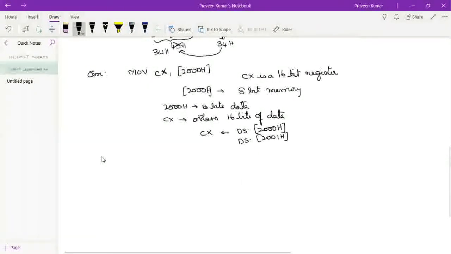That is, the CX is divided into CH, comma, CL. So which value will be stored in which register? From which address? The 2000 address location will give the value to CL, and the 2001 value will be given to CH.